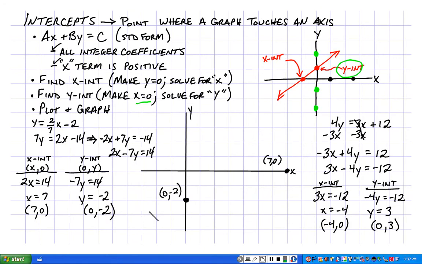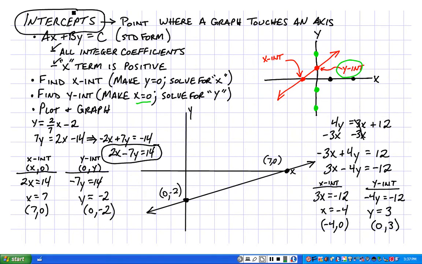Hopefully I can get it right this time. That should be halfway decent. Okay. And there you have it. There's your graph of this equation using